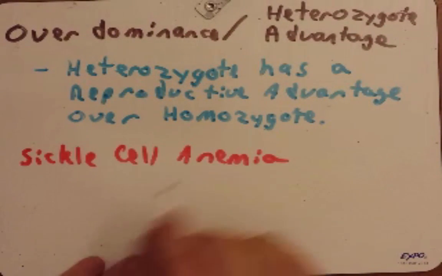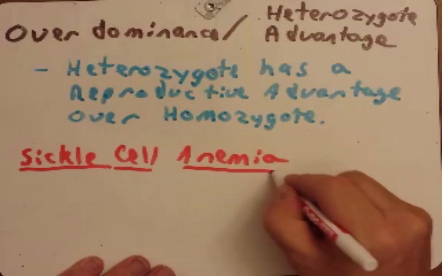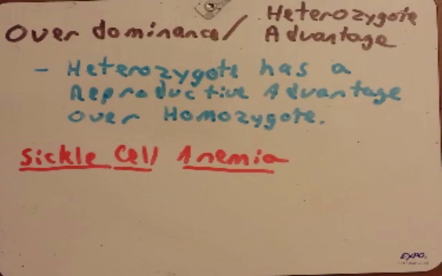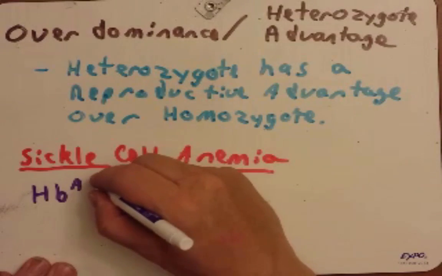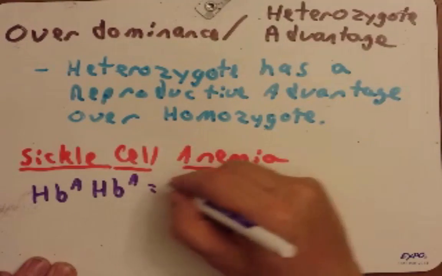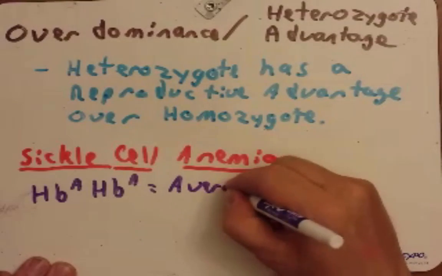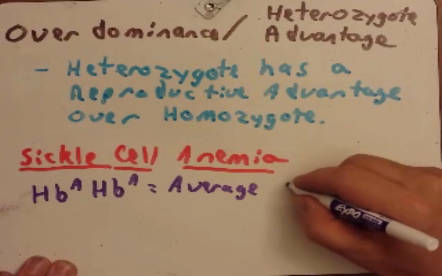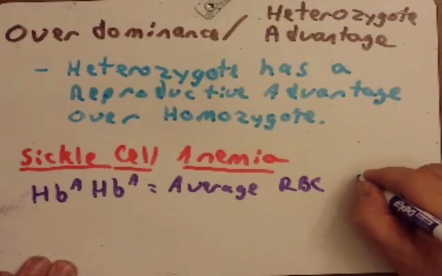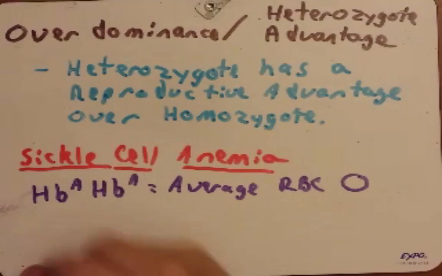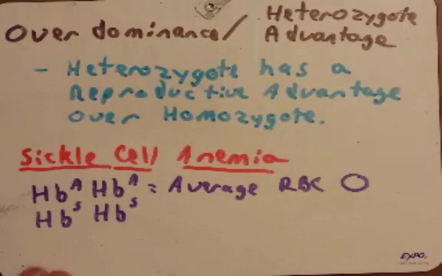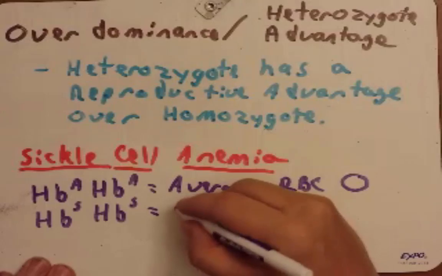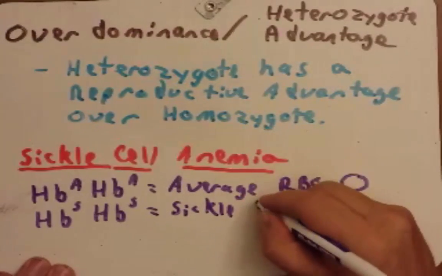The best example to talk about overdominance is to talk about the disease sickle cell anemia. Sickle cell anemia involves a mutation on the hemoglobin gene. So if a person has this genotype, HbA, HbA, they have average shaped red blood cells. They're oval. If somebody is HbS, HbS for sickle cell, same gene that just mutated, they have sickle shaped